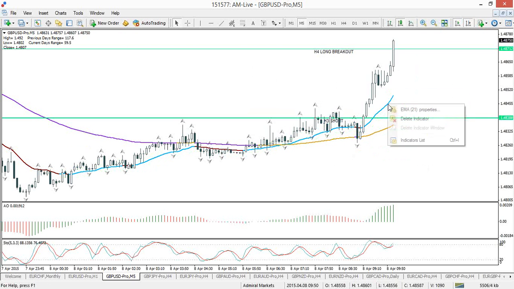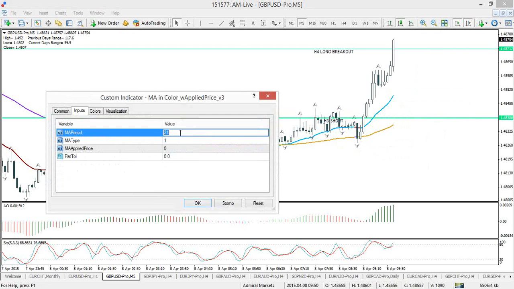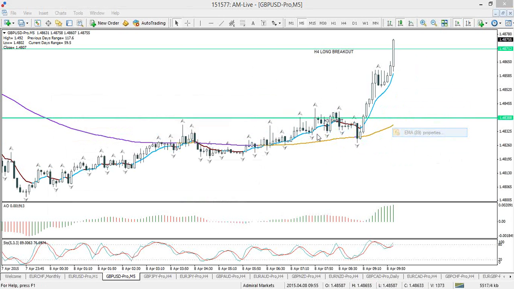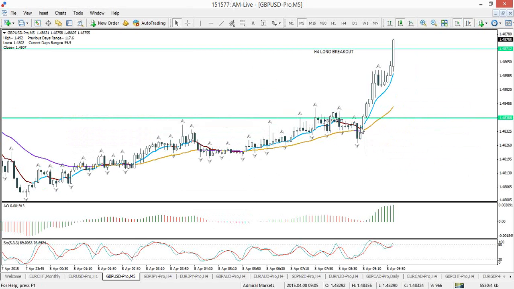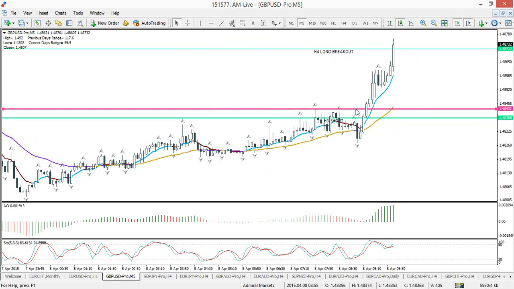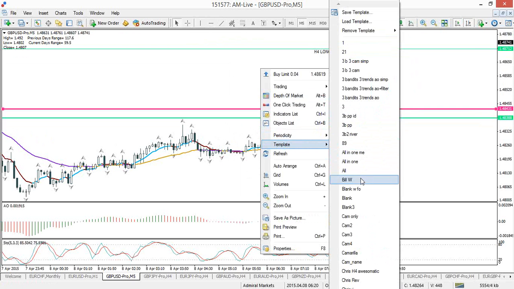Let me just quickly change this to an 8. Make this a 34. Also, numbers like 8 are pretty fast, as you can see. No, okay. I thought maybe there would be a crossover here indicating that pickup of speed. But you do see it accelerate from the 34. A lot of momentum in any case. So let's go back to